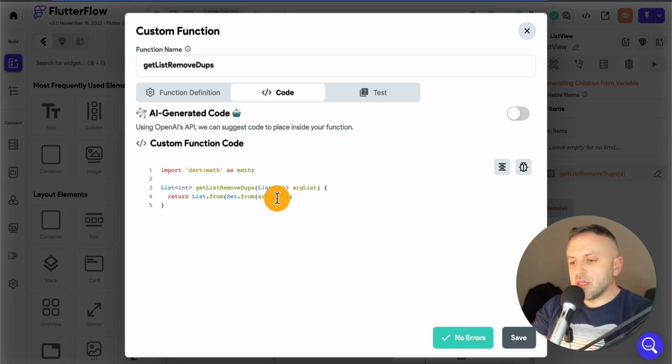So we're taking this initial list, we are creating a set from it, and then we're converting it back to a list. And a list is a collection of items. So you can have duplicates, you can have just unique elements, but a set can only contain unique elements. It will never have duplicates. So when we convert this list to a set, we are automatically removing duplicates, and then we are converting this new set, which is a list without duplicates, back into a list,